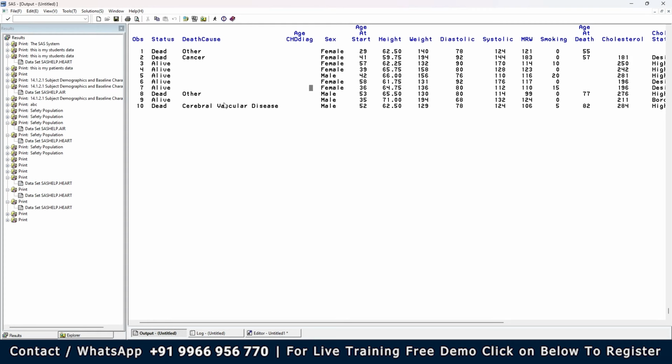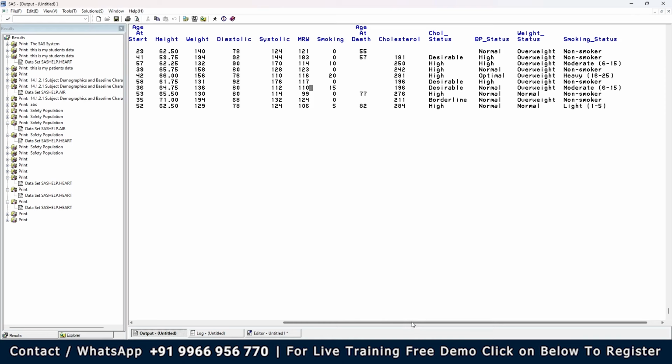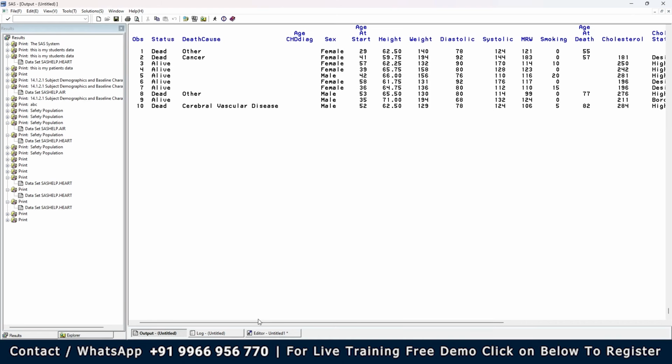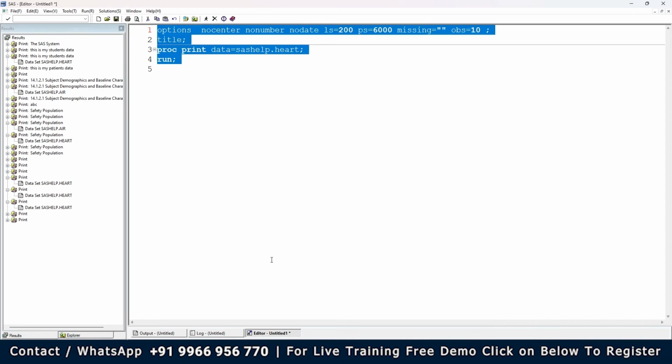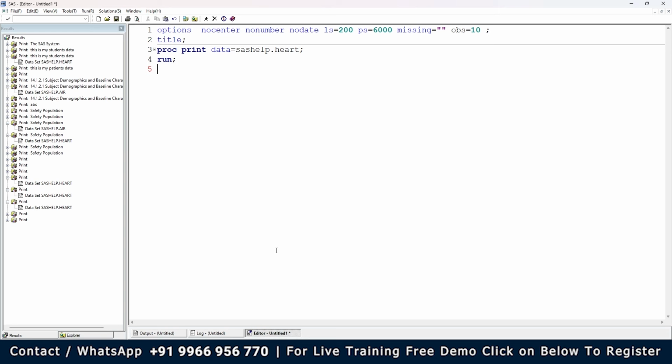Status, death cause, age at diagnosis, age at start, height, weight, diastolic blood pressure, systolic blood pressure. Everything is making sense, and you are getting it nicely, right? So up to 10 records only you will get. Not only now, any data set you run now, you will get up to 10 only. And apart from that,